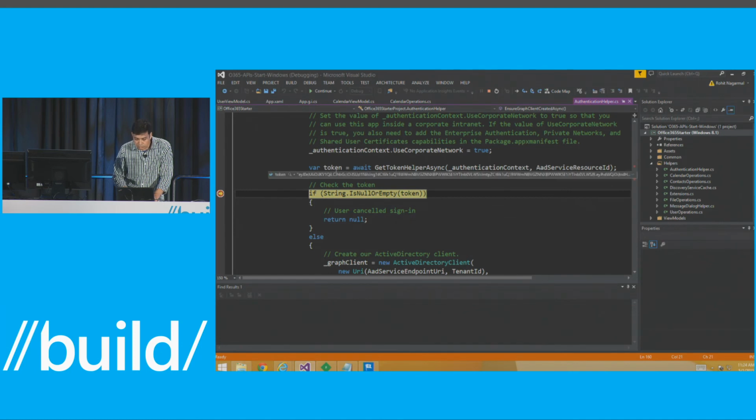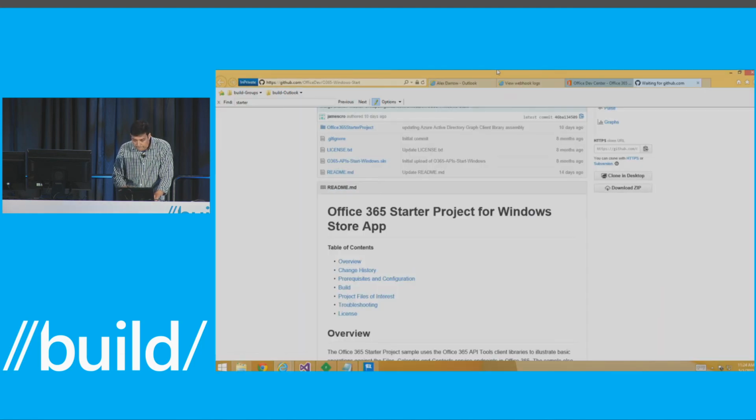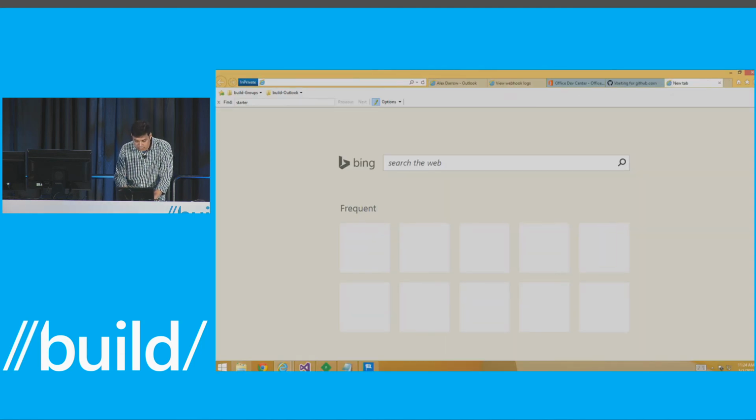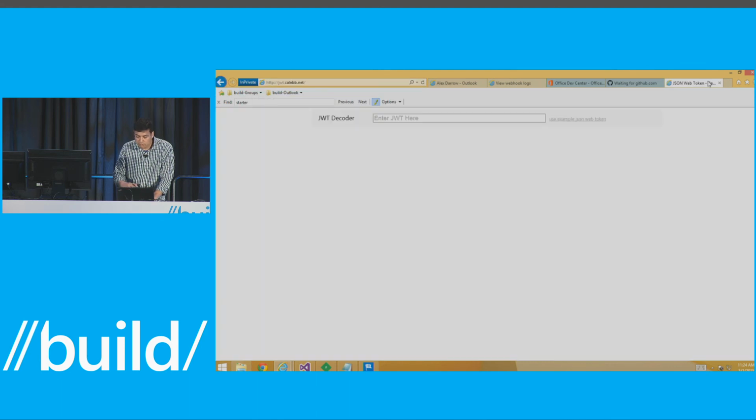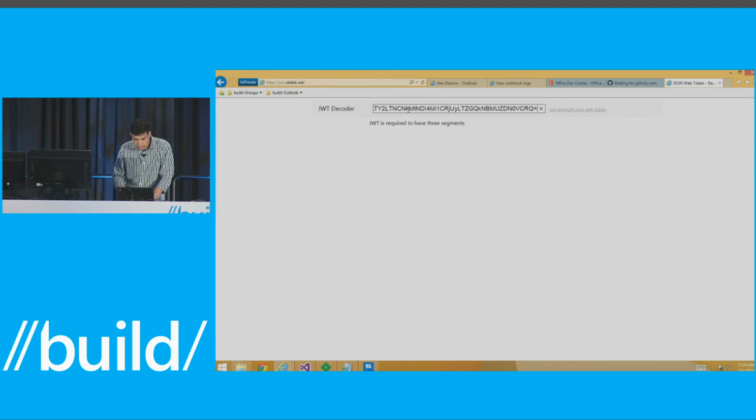So here I got a token. One cool site that I really like to use is that you can actually see what this token contains. So if you go to JWT, it was written by a person inside the Active Directory team. And if you paste the token here,